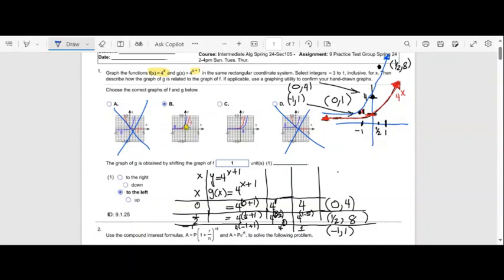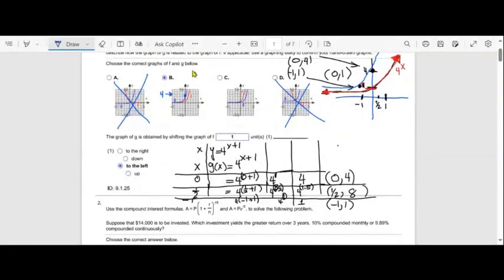Okay. Similar, because you see the point here is going up here, you see? The blue one is for the second graph. The red one is for the first graph. But this one, it's not going to 4 here. Is that clear? Yes. So this is the correct answer,